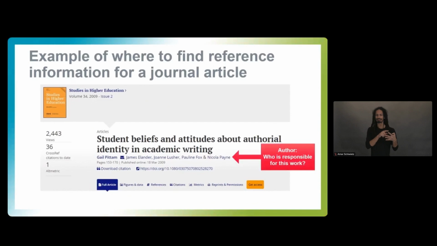So we have very clearly a series of authors under the title of this article. We've got Gail Putnam, James Elander, Joan Lusher, Pauline Fox, and Nicola Payne. We have 1, 2, 3, 4, 5 authors for this piece. Next, we're going to look for the date,